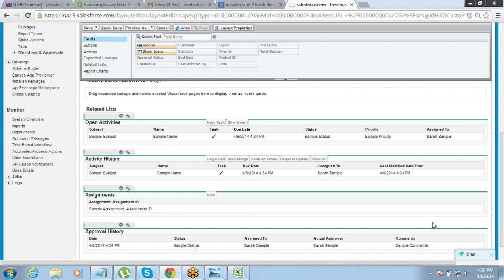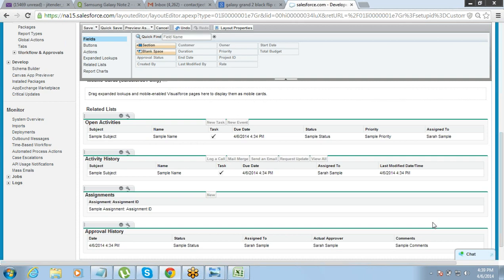So making a field required while you create the field, if you make the field required, that becomes universally required. Universally required means every time any user from anywhere tries to enter data into that object, that field will be required, right? Whether the data is being entered through the page layout or through a data loader, it will be required in both cases.